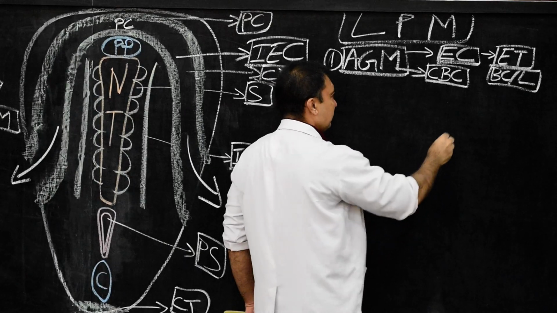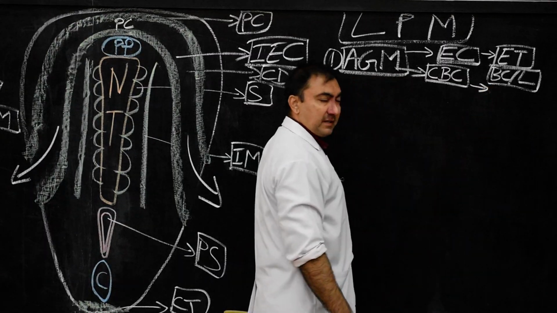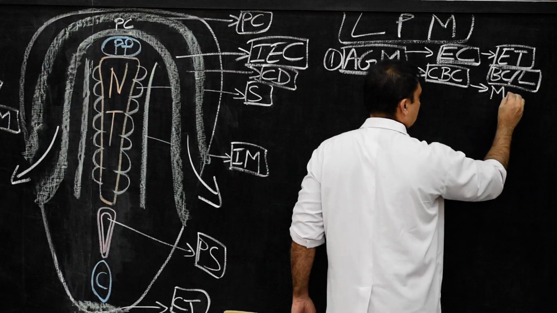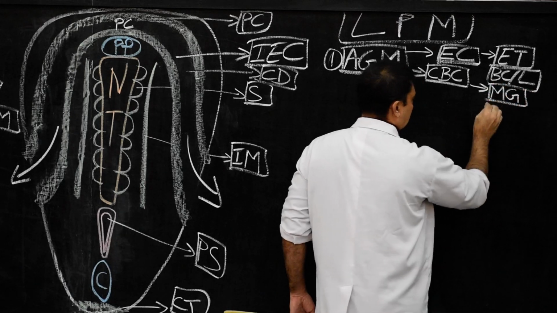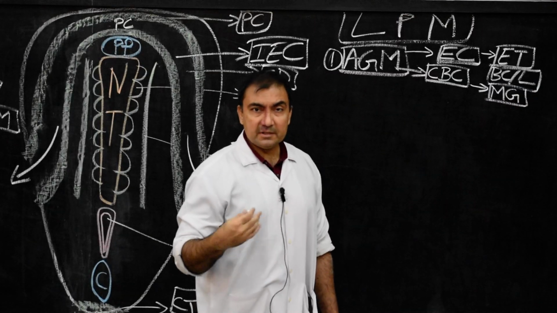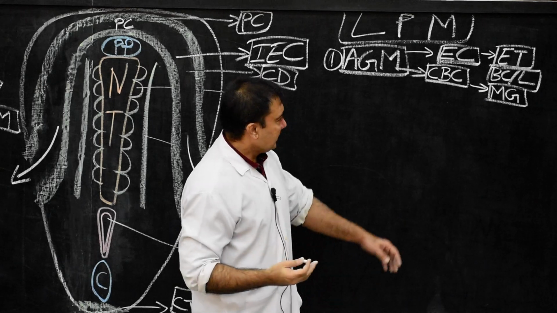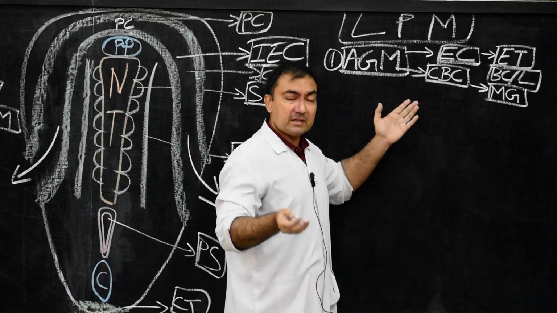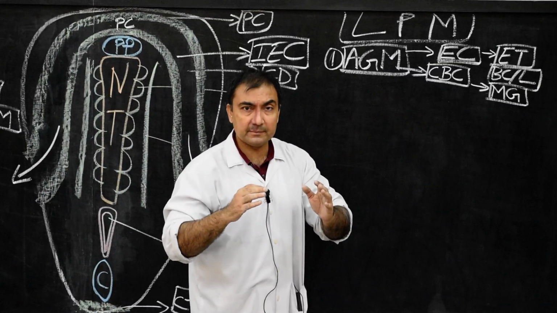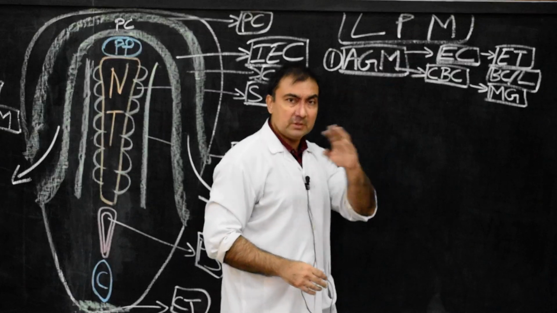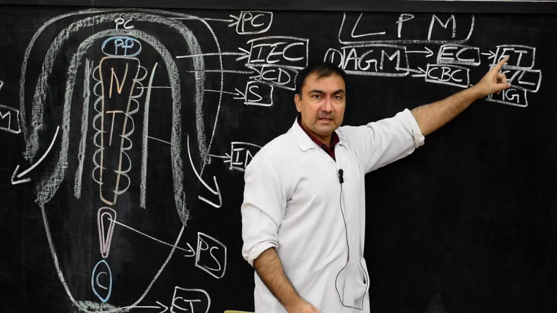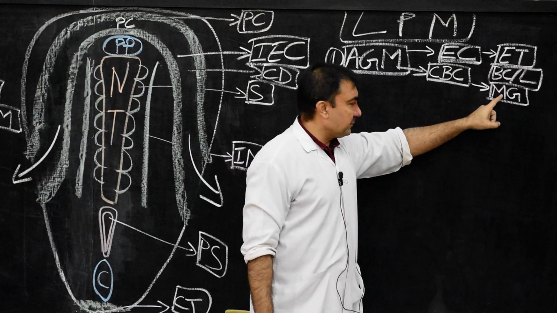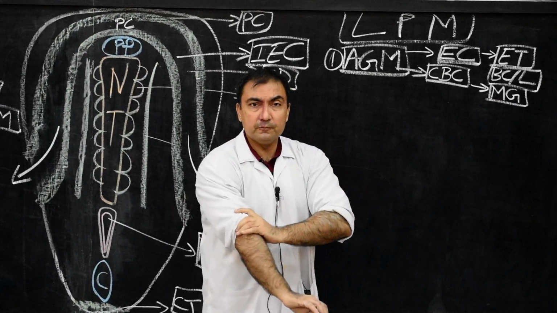And it will also develop into microglia. Please note down, microglia. Along with microglia, they are also called tissue phagocytes. So these are asked in MCQs. What are the structures that develop from angiogenic mesoderm? Angiogenic mesoderm will develop from lateral plate mesoderm only. So the endocardium, then the endothelial lining of blood capillaries and lymph capillaries, then circulating blood cells, and also microglia or tissue phagocytes.